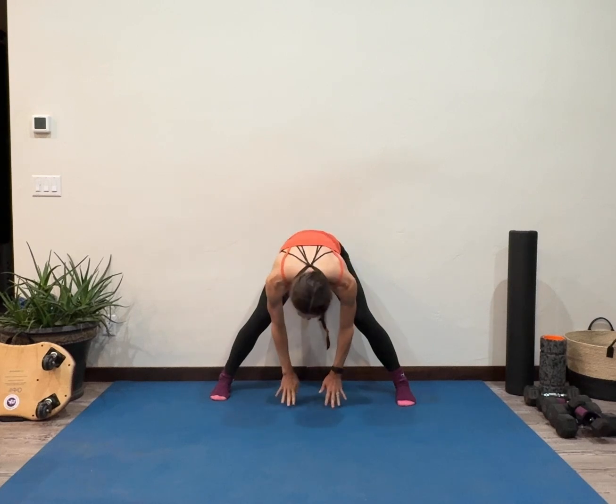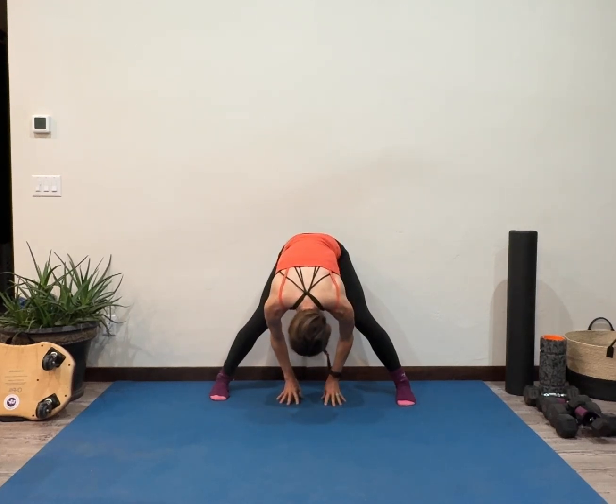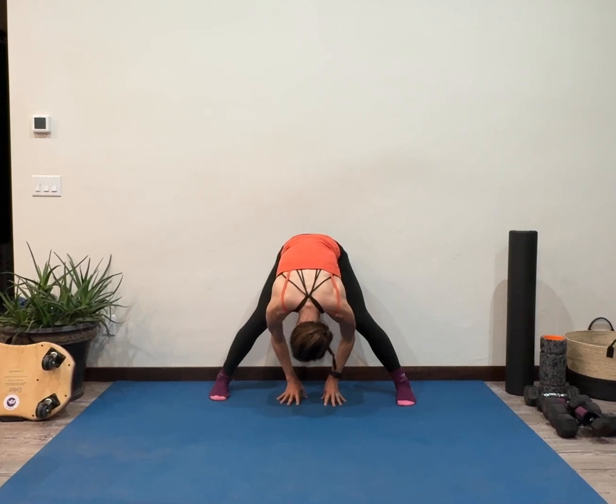Go out like a V in your legs. 5-pointed star. Take an inhale. A little bit of a heart lift. And then an exhale, float down. If you're feeling tight in the hamstrings, still just bend the knees. Now you're going to be pulling on the floor, so you have a little inner thigh assist of stretching. So hold 5,